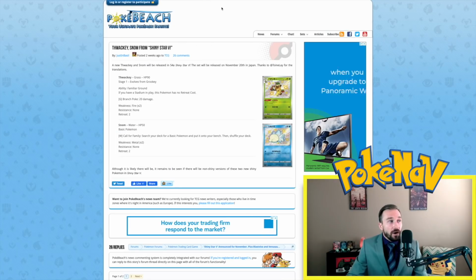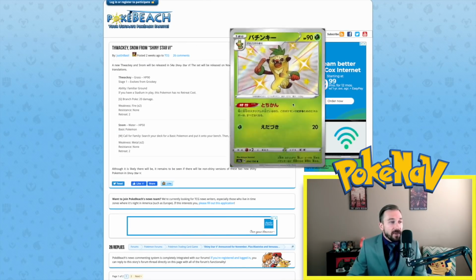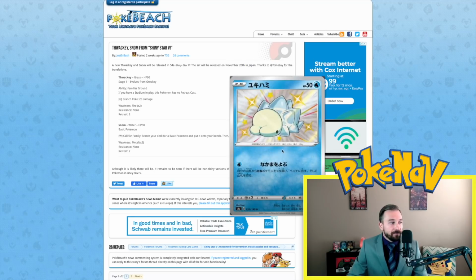So moving on, some of the other cards that have been confirmed for this set, we have the Shiny Thwackey, which looks pretty cool. This is the evolved form, the second form of Grookey. We've got the Shiny Snom, and this was over 2 weeks ago, and a lot of these articles are going to be a little bit older, and it's not that I'm trying to break this news to you. As I said, it's more that I'm trying to give you an update on where we stand with